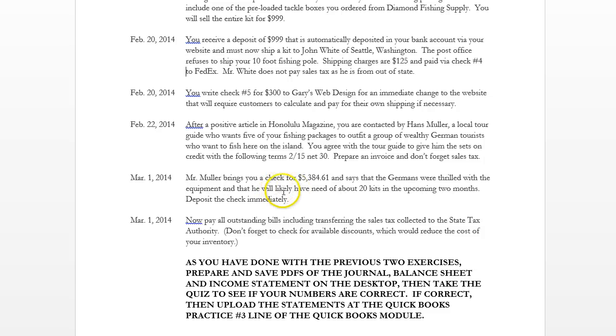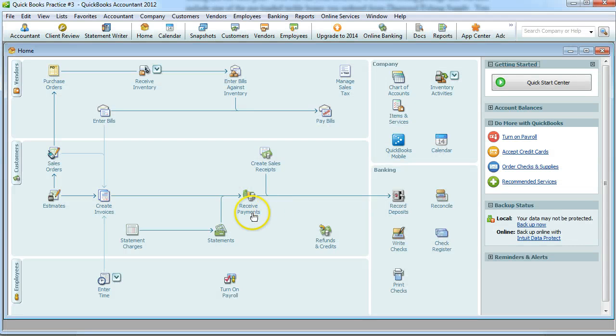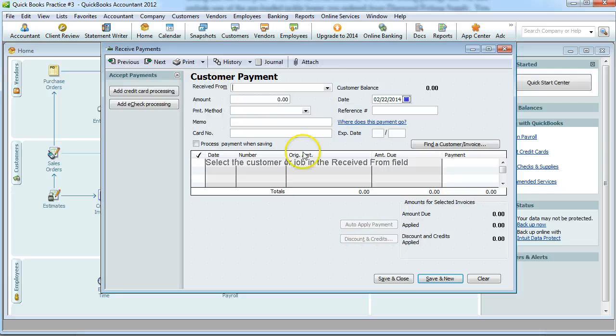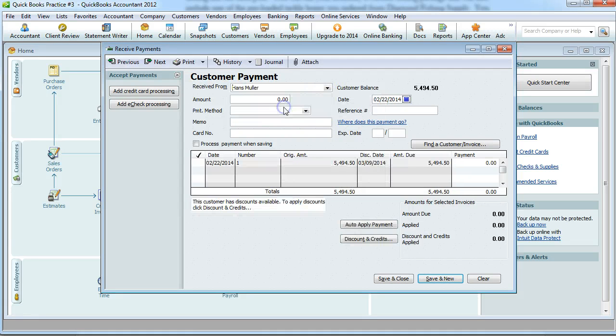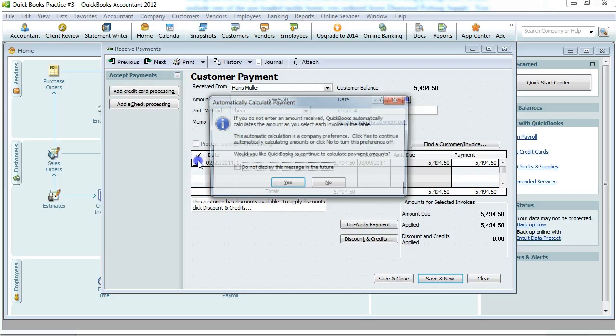So on March 1st, he's going to pay 5384. Let's take that amount and copy it so we don't need to go back and forth. So Mueller, March 1st, is going to pay us. So we receive payments. Well, we only have Mr. Mueller. So now everything is going to come up. It's now March 1st. Set that date. That is crucial. So with March 1st up there, we're going to say he's going to give us a check, and I don't think we give a memo line or a check number, so we'll click the box here,